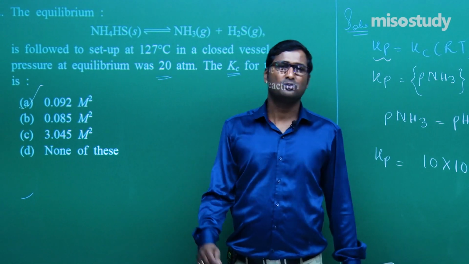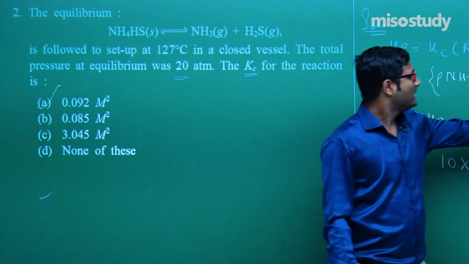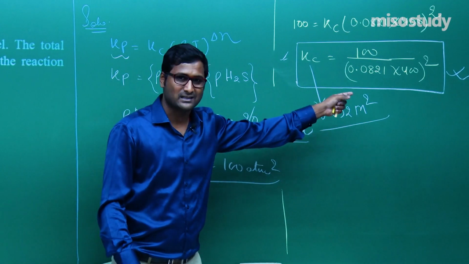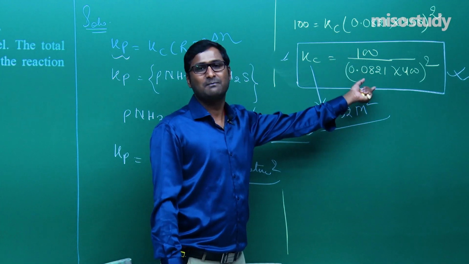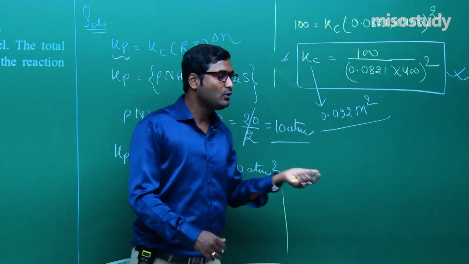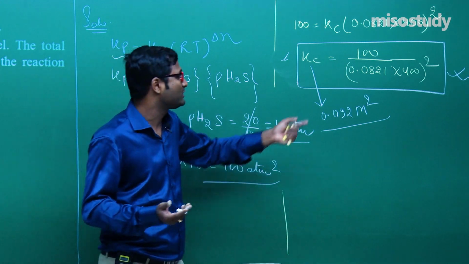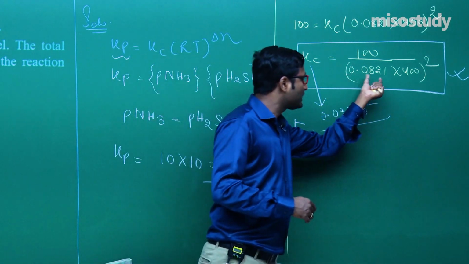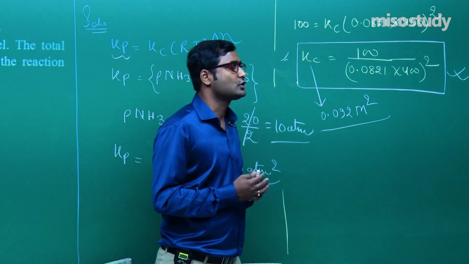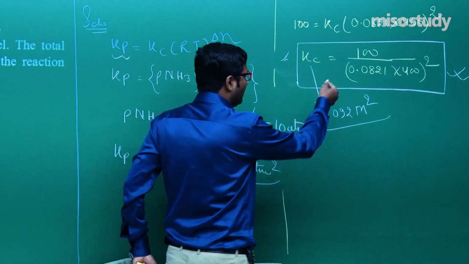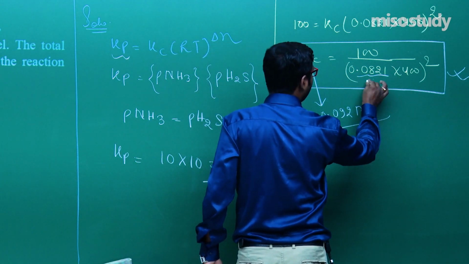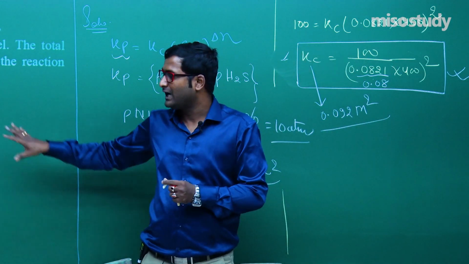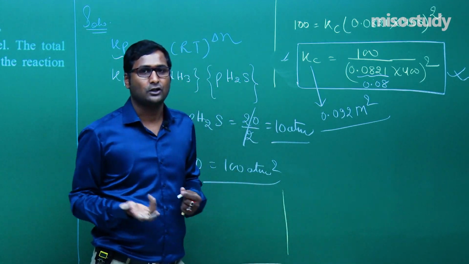We do not need to check the answer. We just need to write down the expression. If you know how to solve the question, then you will definitely get the answer. If you get the expression here, then it is a simple mathematical question, and you are all preparing for the JEE Advanced examination, so it's not so easy to calculate such kind of values. One more thing I am going to mention here: for such type of expression you can estimate, and prediction is also helpful. For this you can take it as 0.08, not an issue. You will get an answer very near to the exact answer. Clear to you? That is the method of estimation.